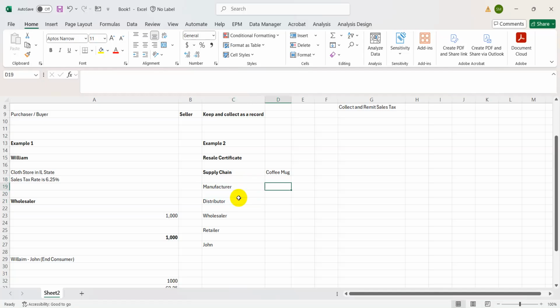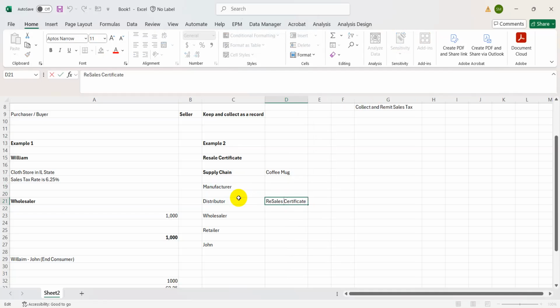Now the manufacturer will charge the sales tax, but the distributor will provide a resale certificate, and he will say that I'm not going to use this for my personal use, but for resale purposes. So at this stage the distributor is going to provide the resale certificate,